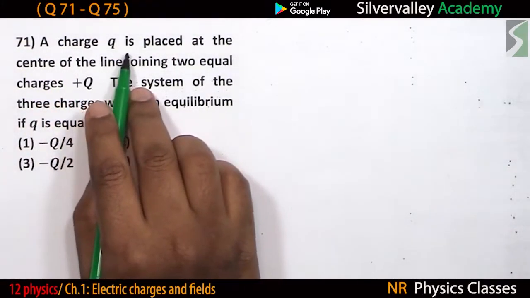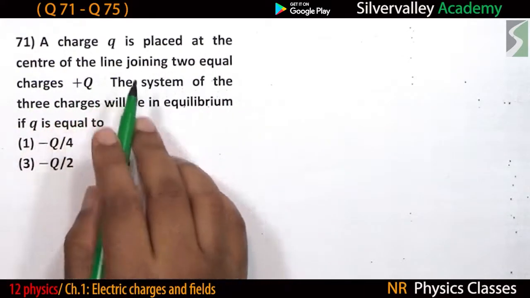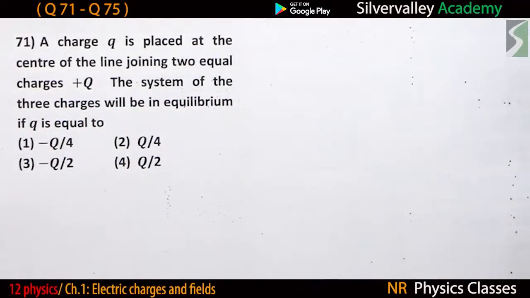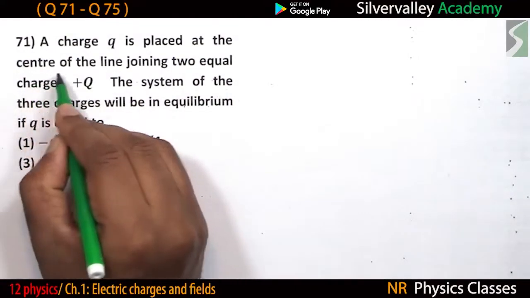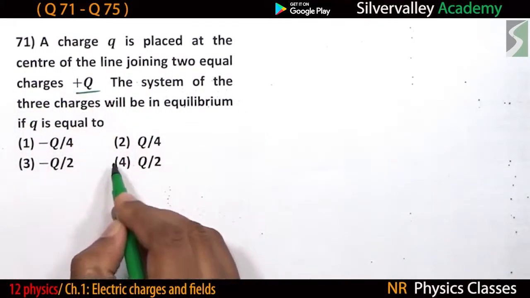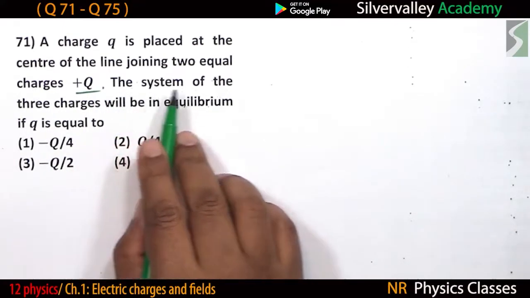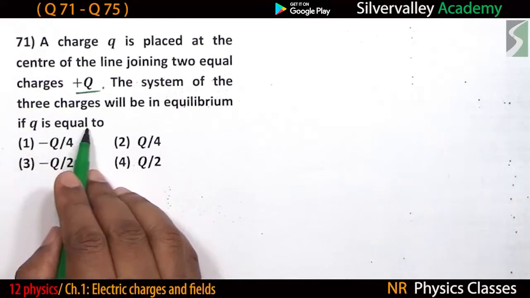A charge q is placed at the center of the line joining two equal charges plus q. The system of the three charges will be in equilibrium if q is equal to,